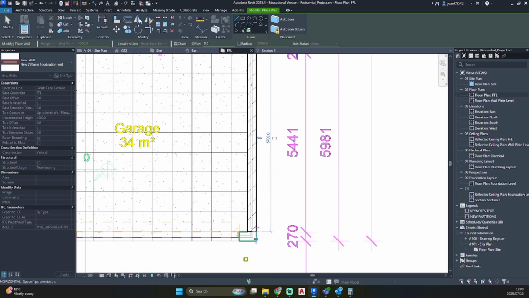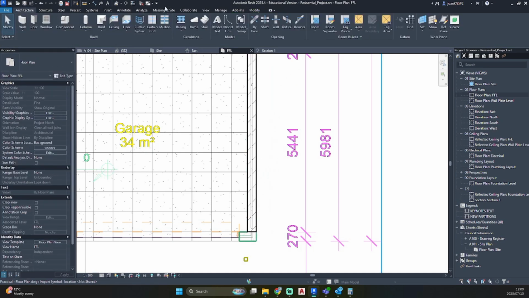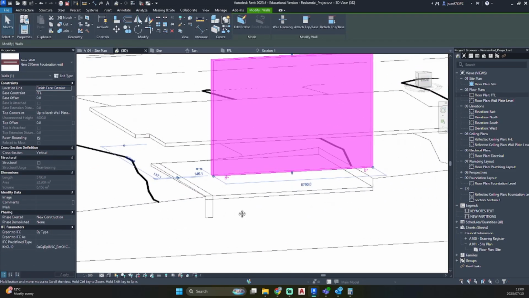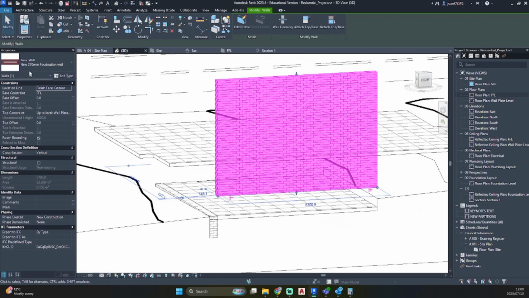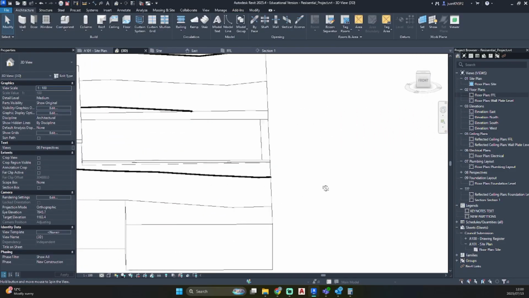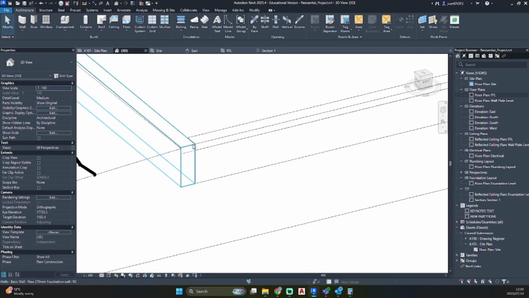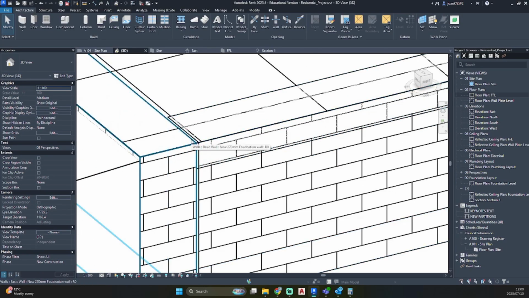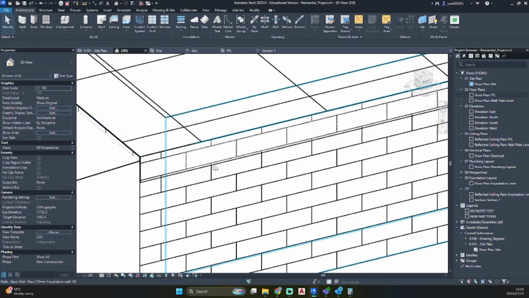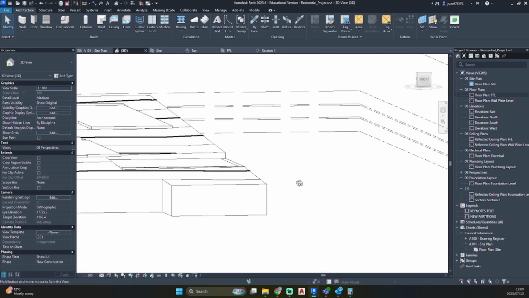As you can see, with me just clicking, it created it. That's because the parameters for our wall have not been set. So now we can go to our properties panel for our base constraint, foundation level C, top constraint to be garage finish floor level, and as you can see, it snaps into place. As you can see that these two walls are not joining each other. So for that you can press TR and just click on the wall and then click on the other wall again, and it will connect those two walls.